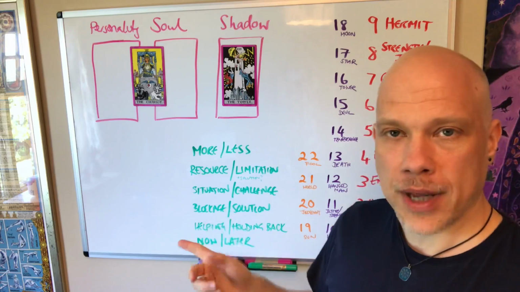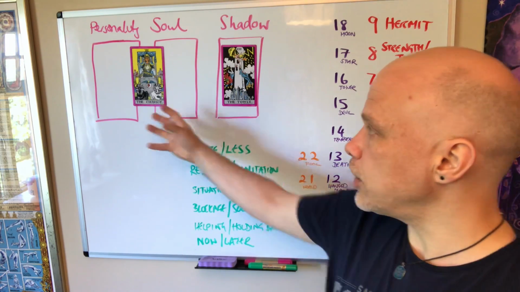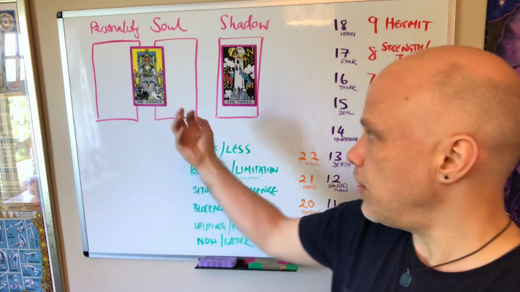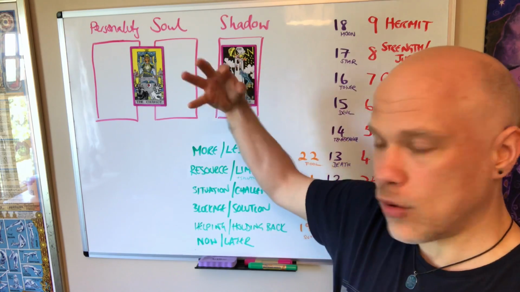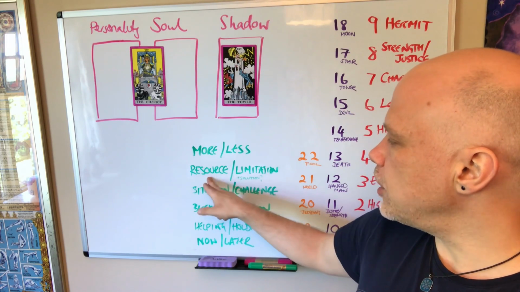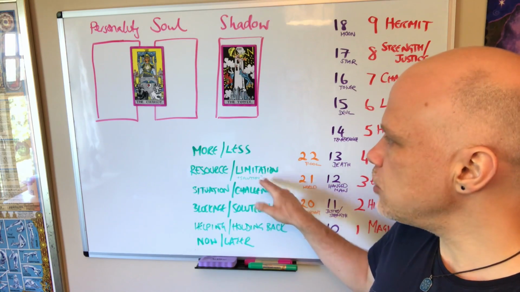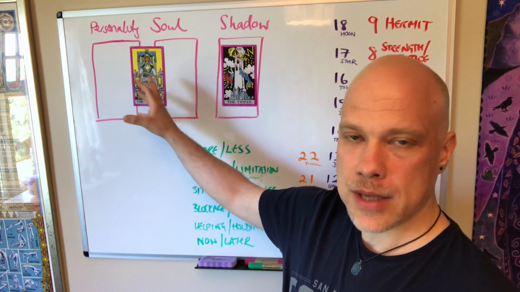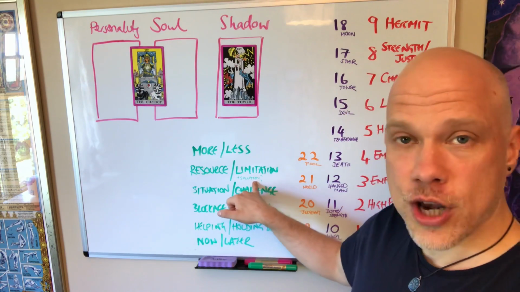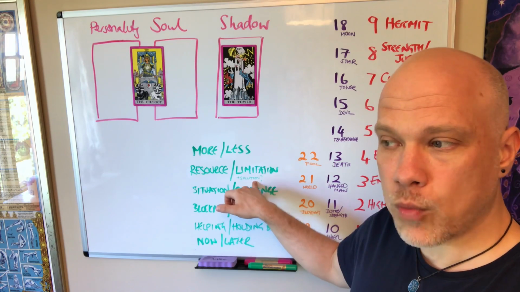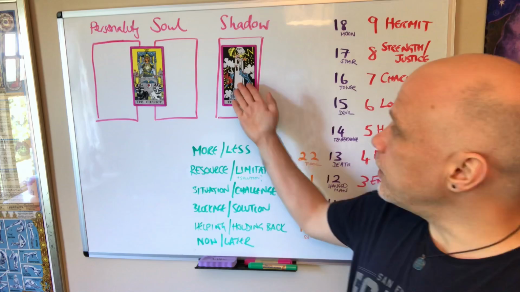And you could do this by saying, what do I need to do more of and what do I need to do less of in order to draw out the best qualities of my personality or to deal with the challenges of the shadow. You could do, where is the resource within this result and what is the limitation? So what's the resource that the Chariot gives me as a personality, but also what limitation does it give me? Then you might want to add in a 3rd card for that one around what is the solution to resolving that tension. And again, within the Tower,